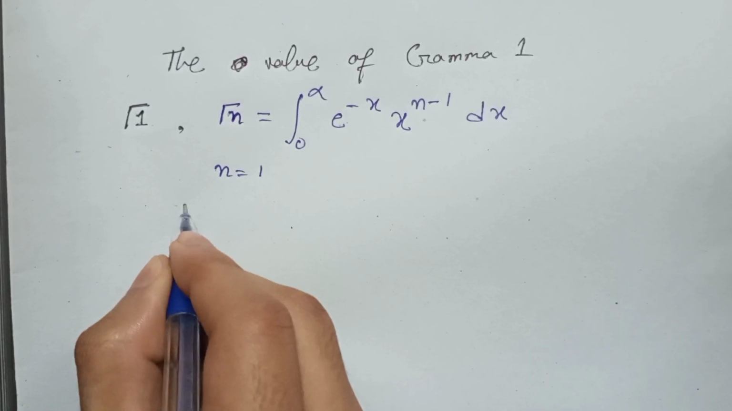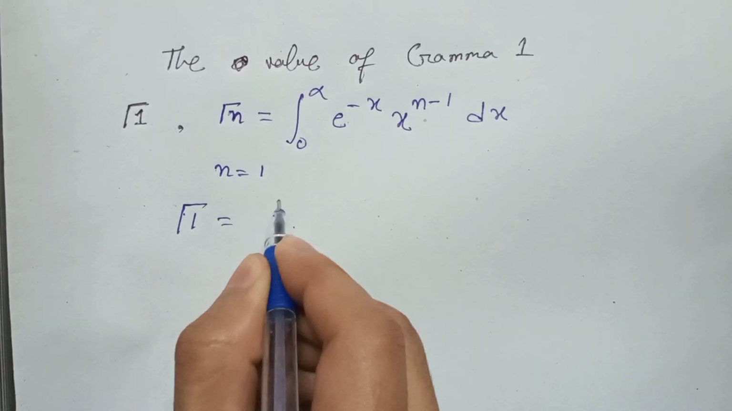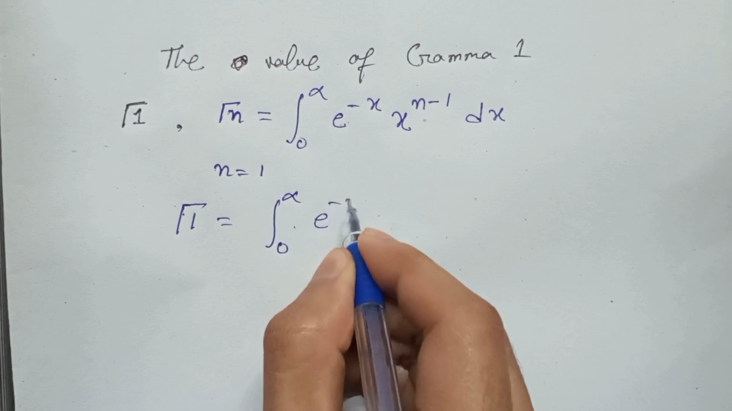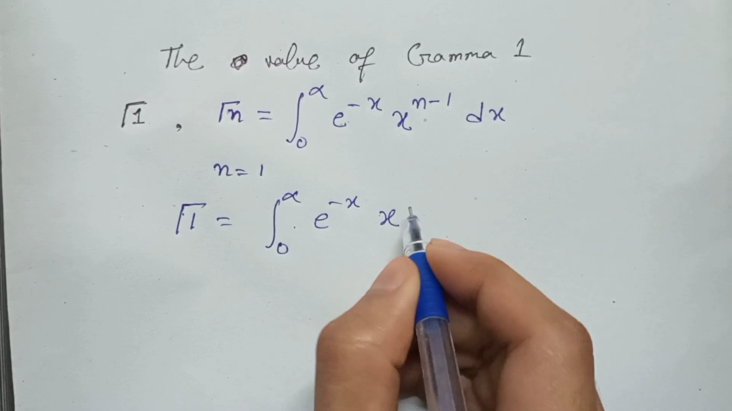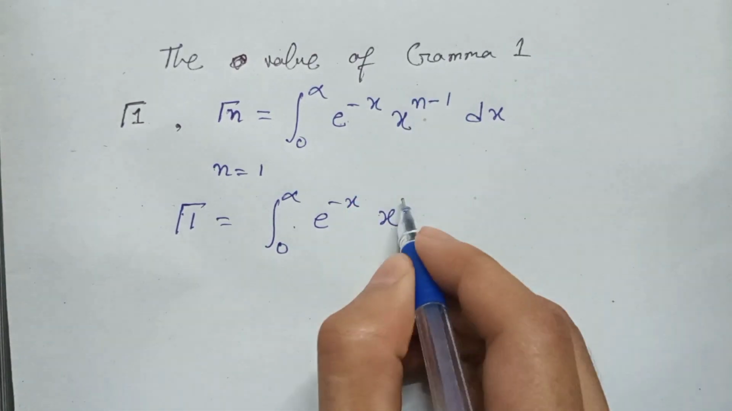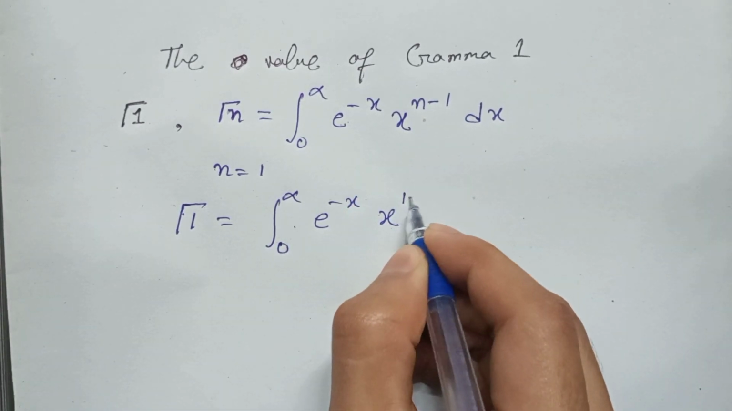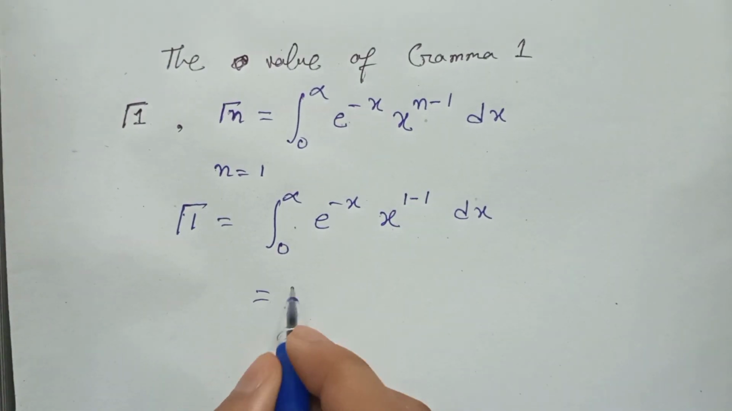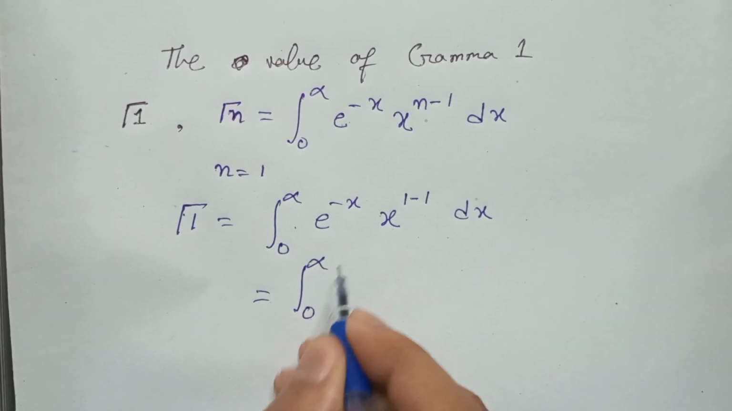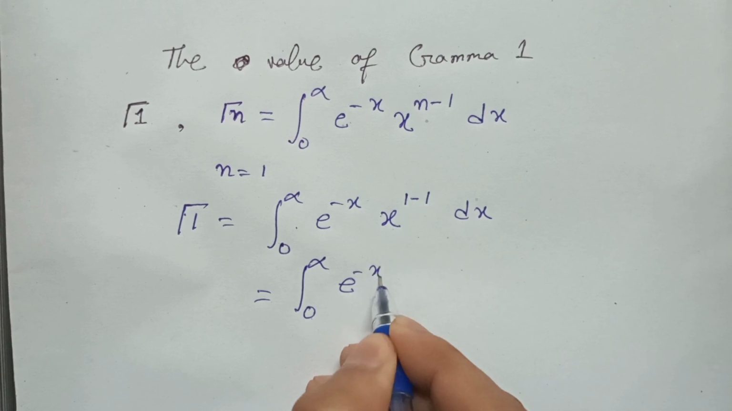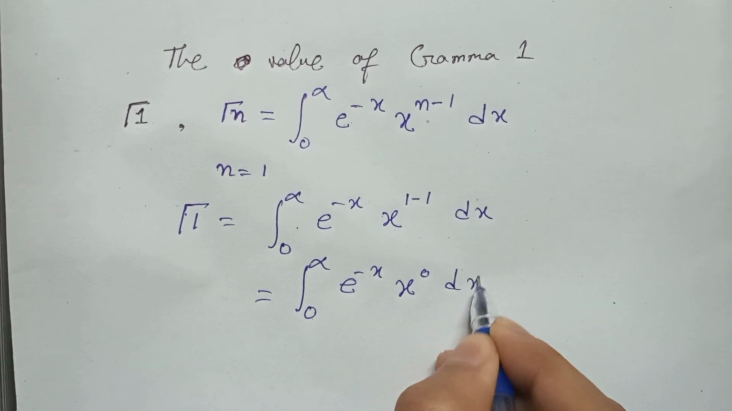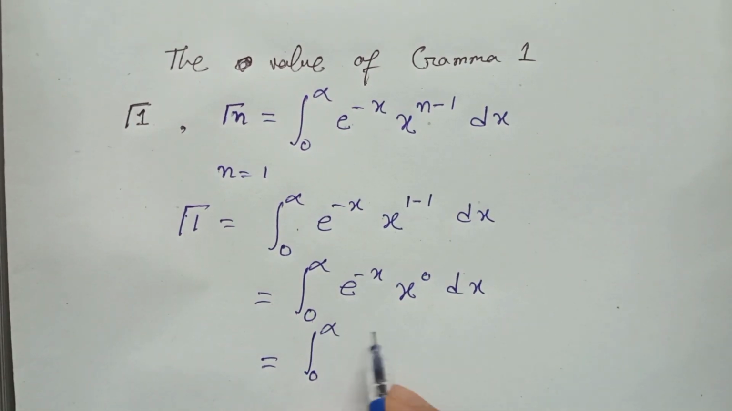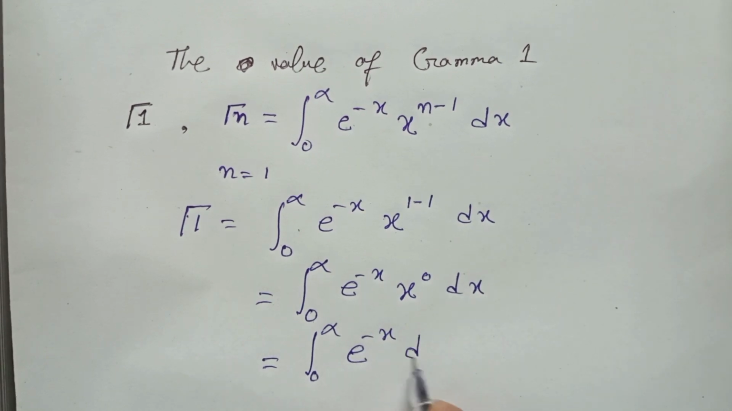What will we get? We will get gamma 1 equals to the integral from 0 to infinity of e to the power minus x and x to the power, instead of n we will put 1 and here is already 1, so 1 minus 1 dx, which is equal to the integral from 0 to infinity of e to the power minus x, x to the power 0 dx, and x to the power 0 is equal to 1, so the integral from 0 to infinity of e to the power minus x dx,